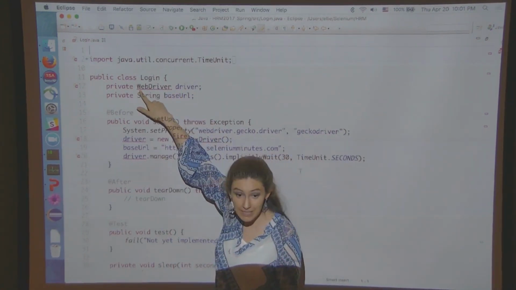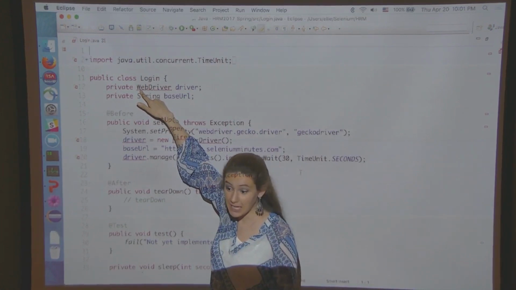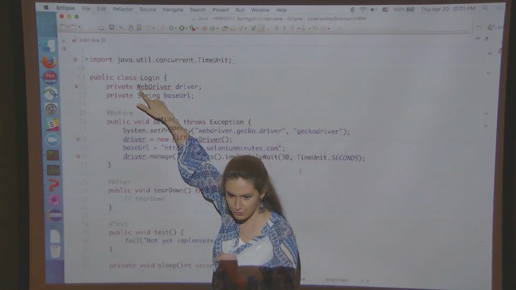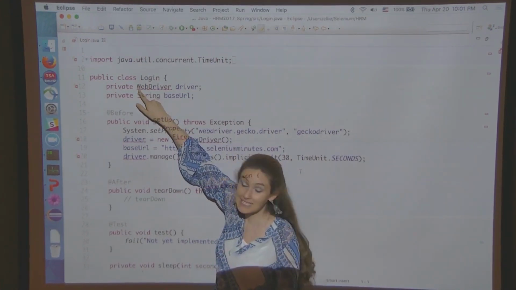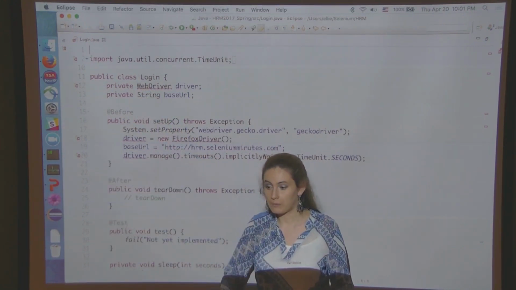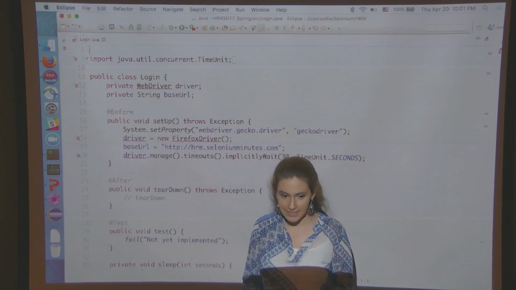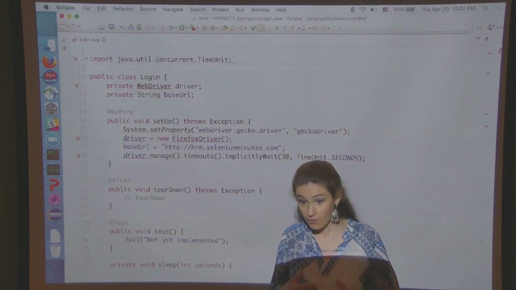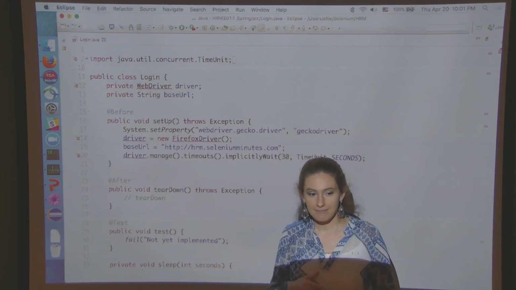So what we know is that this container called driver has something inside it that is of a specific type. Remember the whole fruit conversation and apples, oranges? So it has WebDriver data inside, right? A WebDriver type of object inside. Make sense? Is it an interface? Yes.